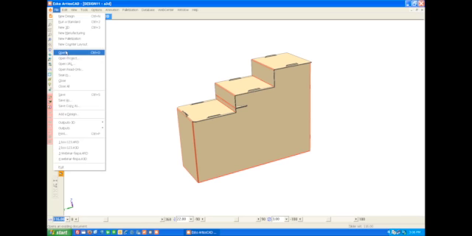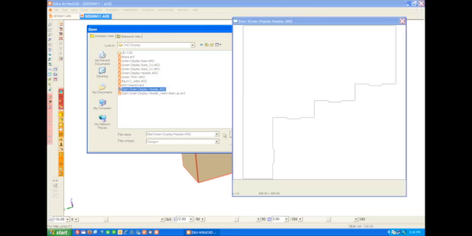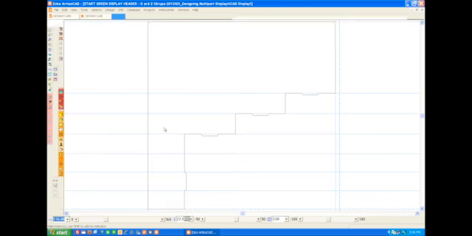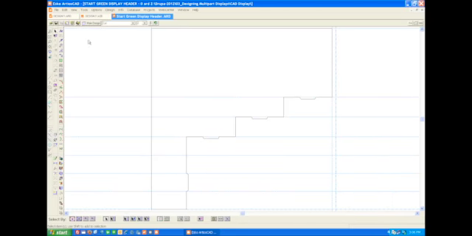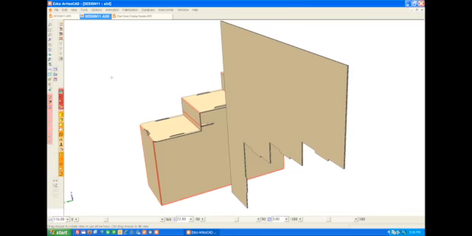So therefore, I will simply open up an existing ARD file, but of course it could be again a standard which I will adapt onto this base. So in this case, I'm going to start with the background panel. So this is my background or my back panel, and I will add it onto the 3D file, which will